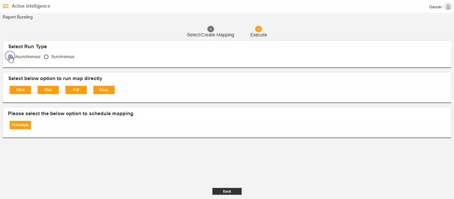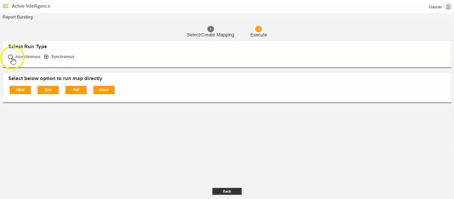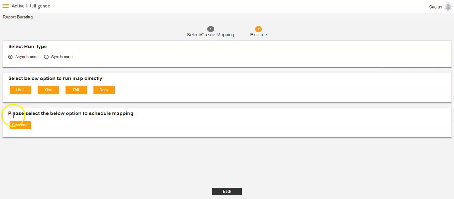One is asynchronous, another is synchronous. Now asynchronous is where you can see the schedule option, which means you will have to click on the schedule option, and you can set the schedule frequency of the report as per your own requirement and convenience.